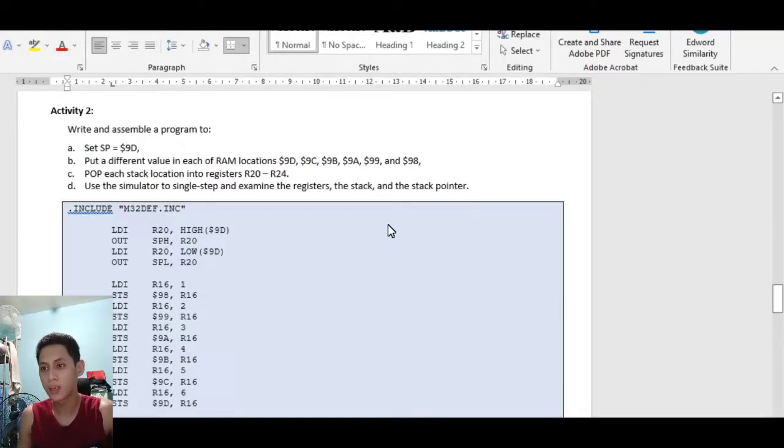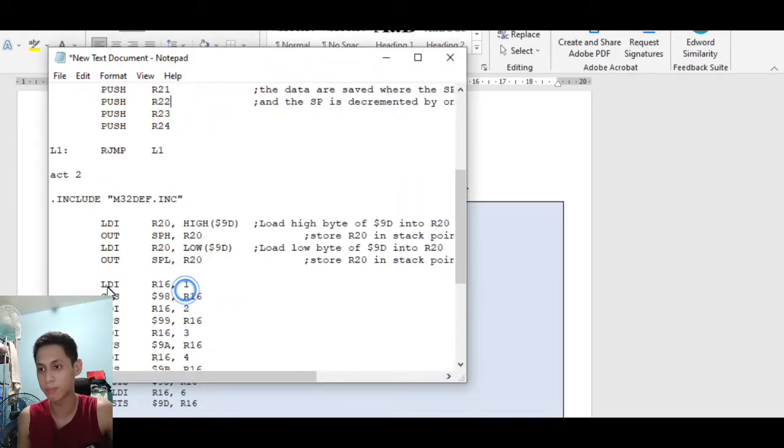Activity 2. Write and assemble a program. A: set the stack pointer to $9D. B: put a different value in each RAM location, here 9D, 9C, 9B, 9A, 99, and 98. Letter C: pop each stack location into the registers R20 to R24. Letter D: use the simulator to single step and examine the registers, the stack, and the stack pointer. So we're going to load that program